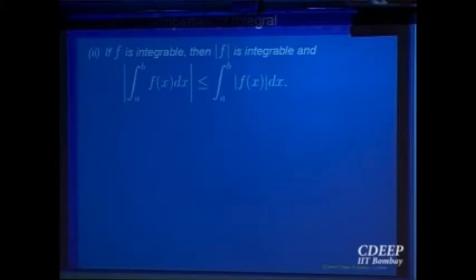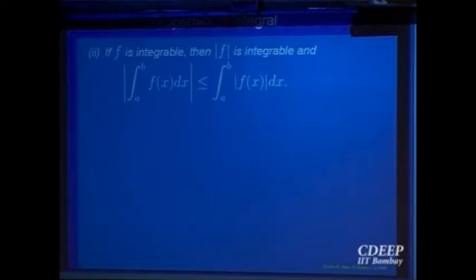But supposing the function becomes negative at some point in the interval, right? So the integral could be a negative quantity. Because supposing the function is always negative, then f of c_k is negative, the length of the interval is positive, so the product will be negative. So the limit will be a non-positive quantity. It could be negative, it could be 0. So in general, the integral could be positive, negative, or 0.